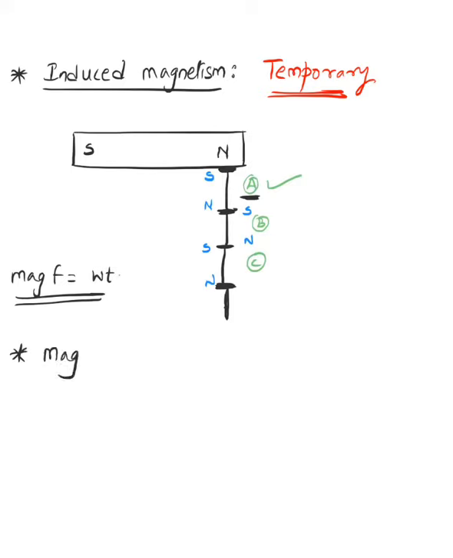So usually they ask you what is the difference between magnetic induction and induced magnetism. Now, what is magnetic induction? Magnetic induction is a process, you can say, the process in which a magnetic material acquires magnetic properties is called magnetic induction. So the process is magnetic induction, and the kind of magnetism that a material acquires is called induced magnetism. Okay, so that's the difference between them. They can ask you to define each of them, or they'll ask you to differentiate between them. There is just one point of difference between them.